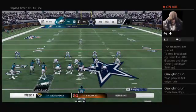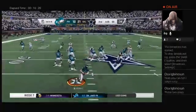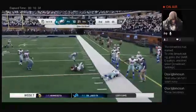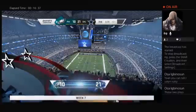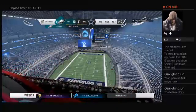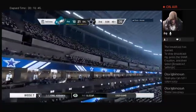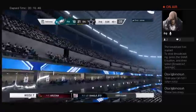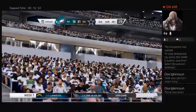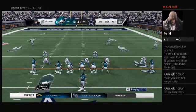Rodgers now 7 of 10 here in this first half, and he's got a 1st and 10. From midfield, here's Rodgers. To the right side, it's Kelsey. Now the Eagles will use the second of their timeouts as the clock will stop with 20 seconds to go in the first half. A good down to possibly take a shot, and in fact, they'll come up with an empty backfield on 2nd